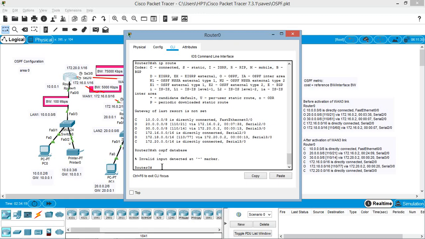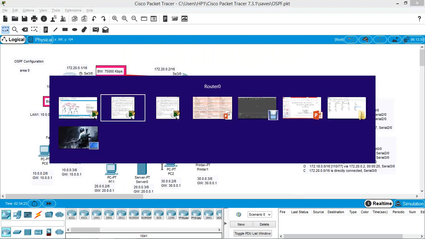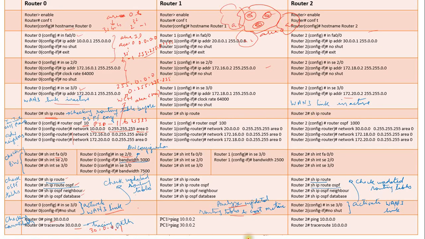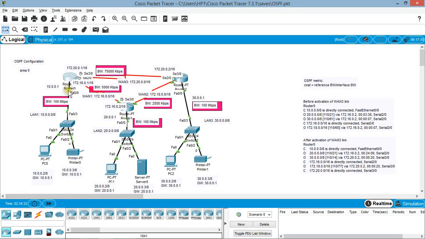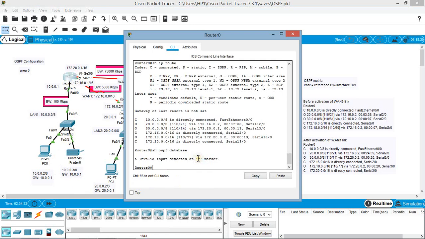The OSPF database can be checked with the command show ip ospf database.